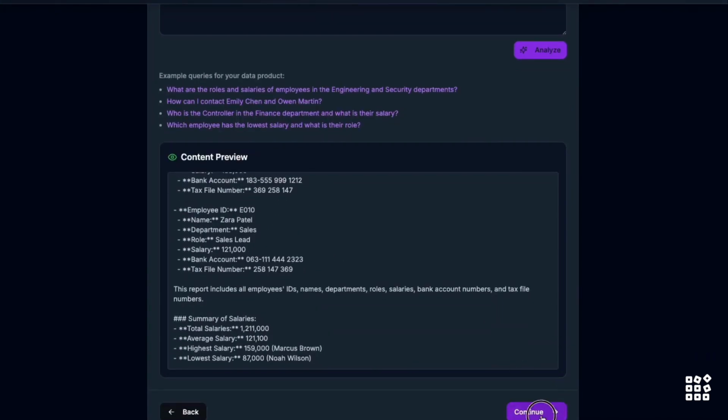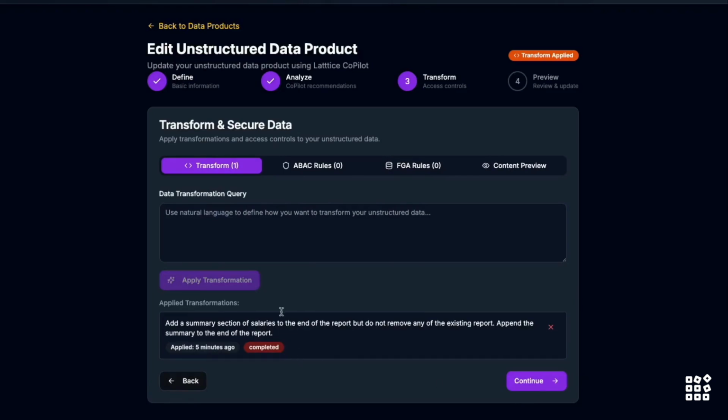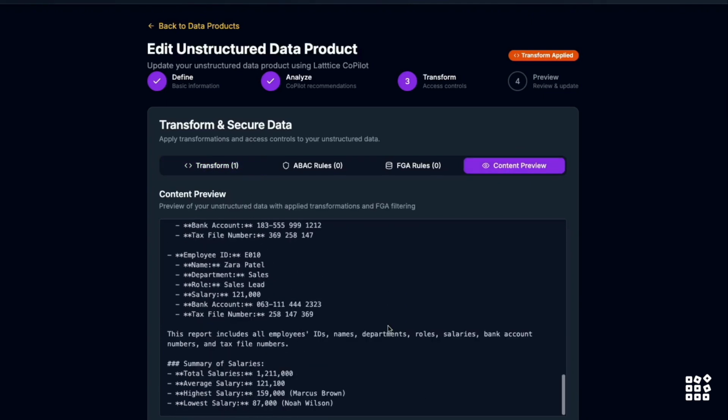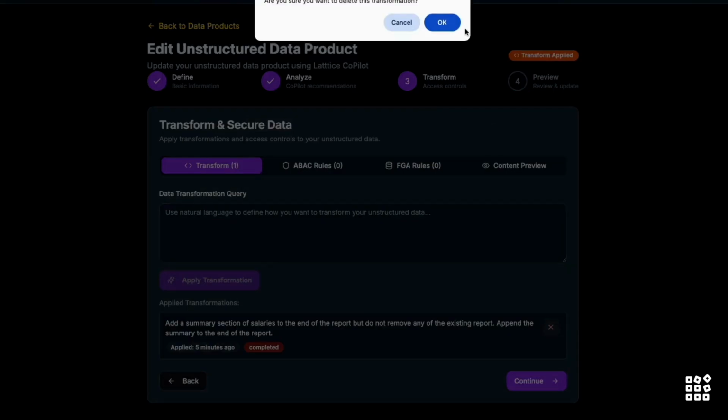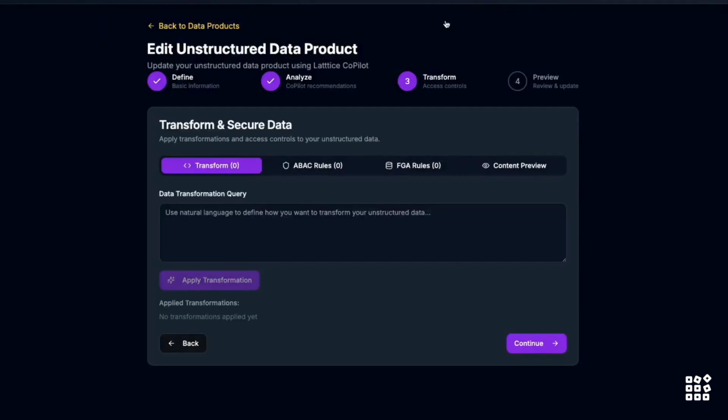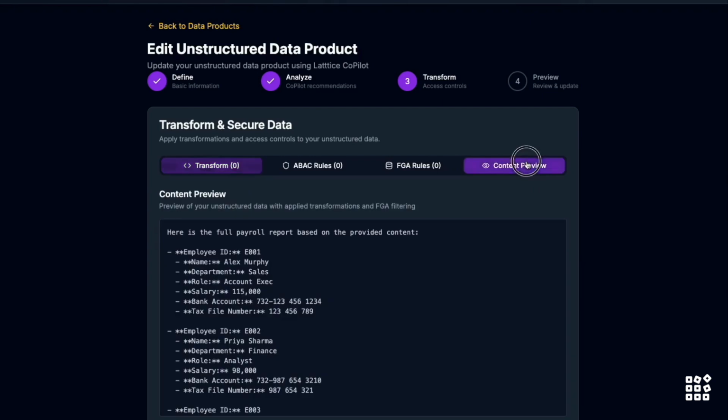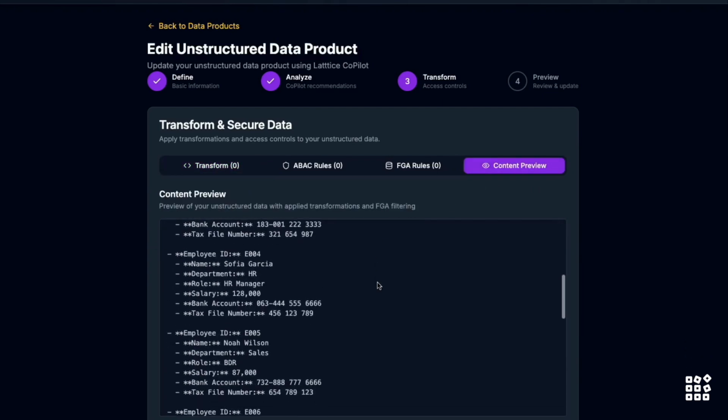Continuing on to Transform, you can note what rules have been applied to your data product during its creation and can select to review that content. To remove transformations, select Transform in the navigation bar. Then delete the transformation. You might then choose to select Content Preview in the navigation bar to review the transformation edit applied to your